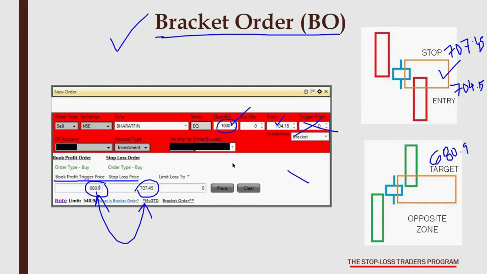Okay, but we are just trying to understand how to mark our zones. That's it. So in this case, this is an exceptional case. So I'm going to mark it like this. So what is happening is, if I look at the move,